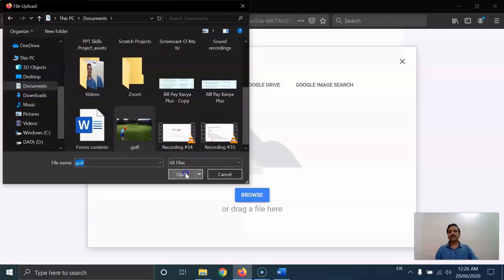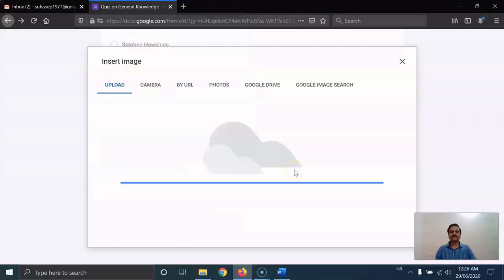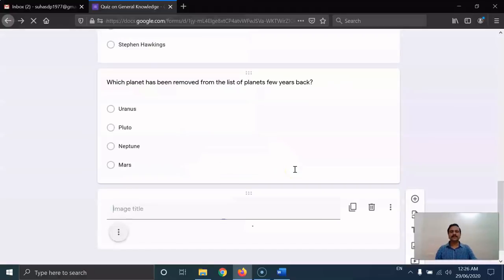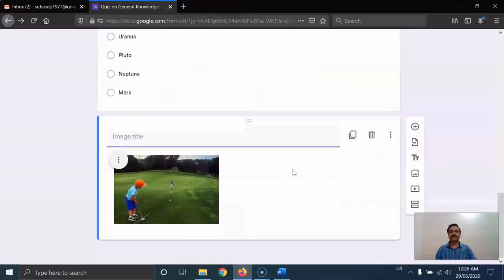So I have selected this image, and the image is uploaded. We can see the image title. I have to give the image title, where I will write why I have inserted this image: Answer the question based on the following image.